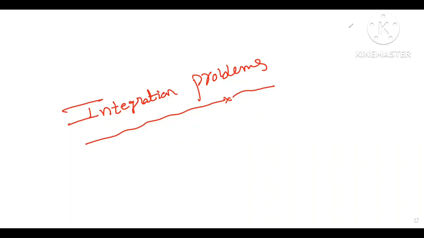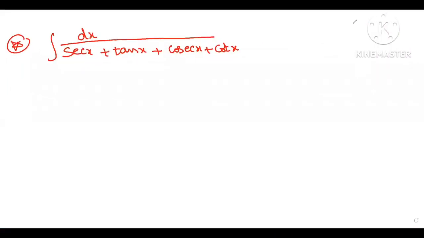Today we discuss integration problems. Okay, now explain the integral dx by secant x plus tan x plus cosecant x plus cot x. How can we solve this problem? Integral dx by,